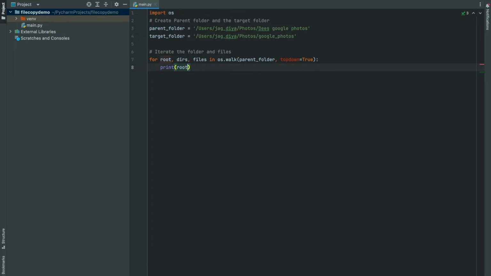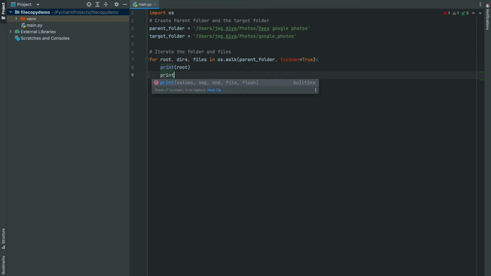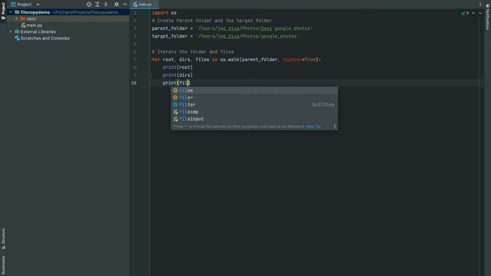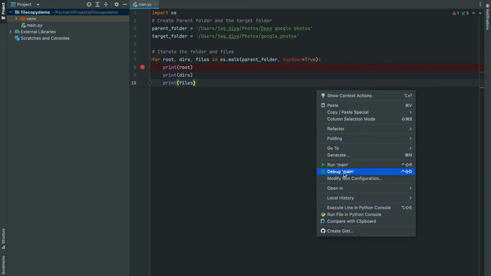I'm explaining all this because you should know what you are doing, so that if you want to make any changes, you know how to do that as well. Let's print each of these and understand what it prints. Let me add a breakpoint here, and that's enough. Let's debug